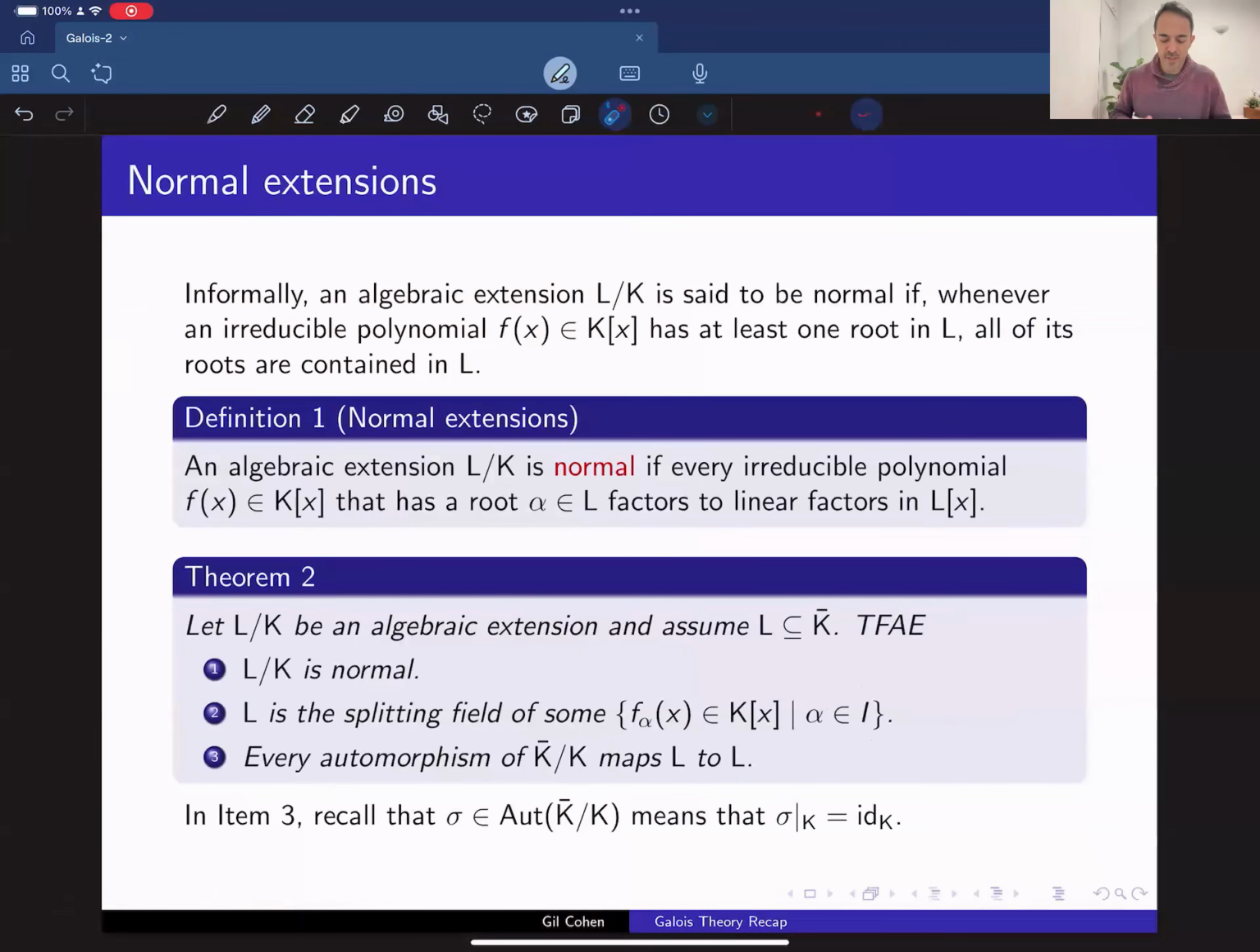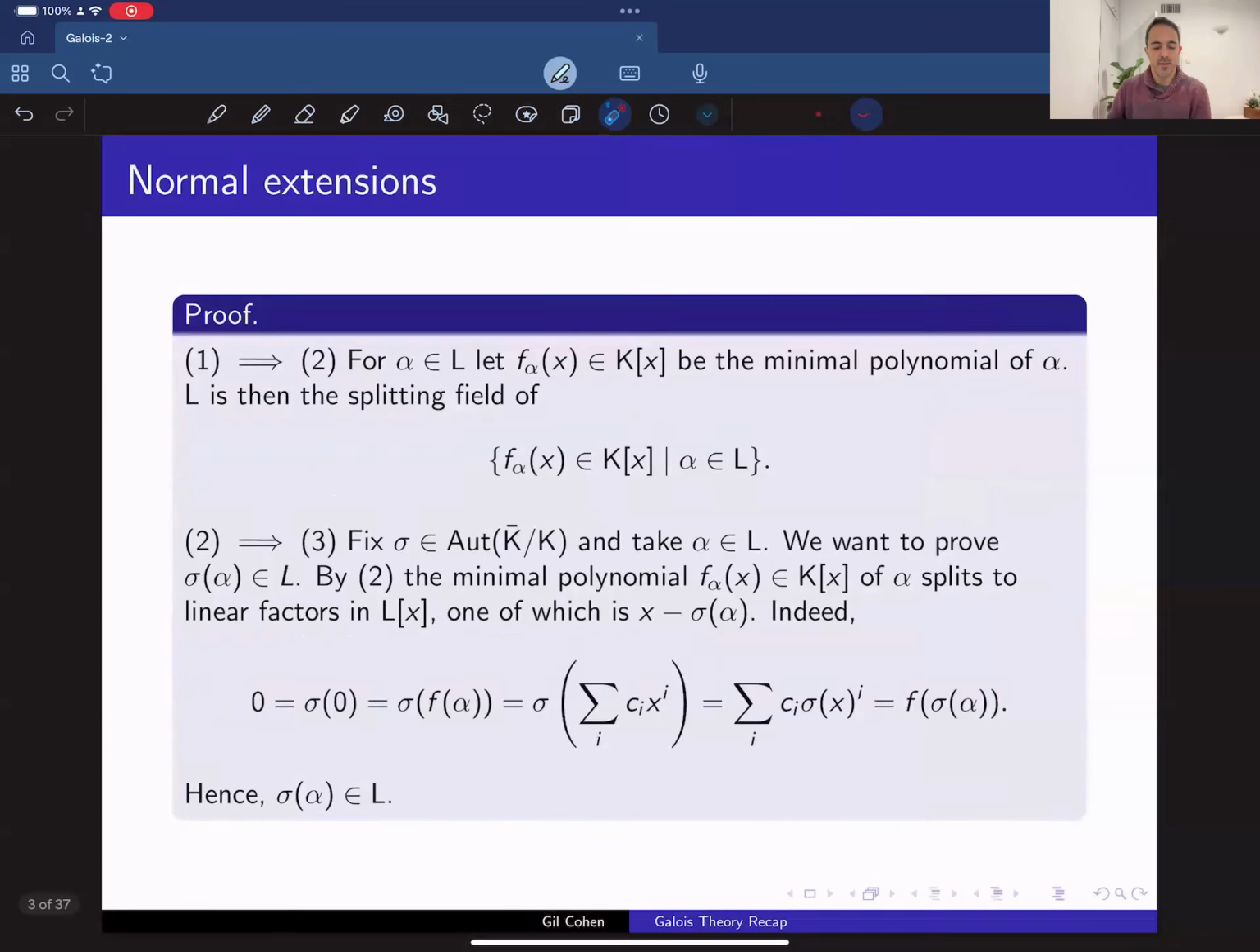Okay, so let's prove this theorem just to remind ourselves of the elements that appear in Galois theory and just for fun also. So let's start with 1 implies 2. I'm going to assume that L over K is normal in the sense that we defined it. And we are going to show that L is the splitting field of some subset of polynomials. And actually that's quite straightforward because,